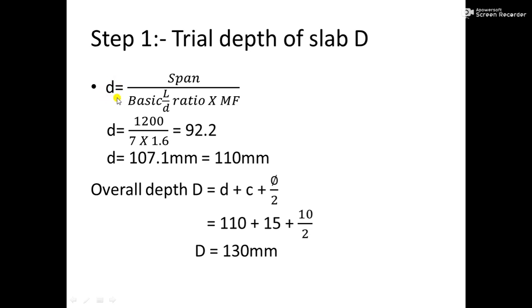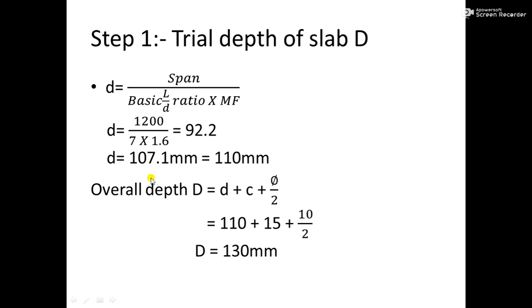This depth you can assume directly without taking the L by D ratio, from 75 mm to 100 mm, or you can go through the basic trial depth formula, that is D is equal to span upon basic L by D ratio into MF. This basic L by D ratio for cantilever slab is taken as 7, and the modification factor, which depends on the percentage of steel, is taken as 1.6. From this calculation, the assumed effective depth D is 92.2 mm, say